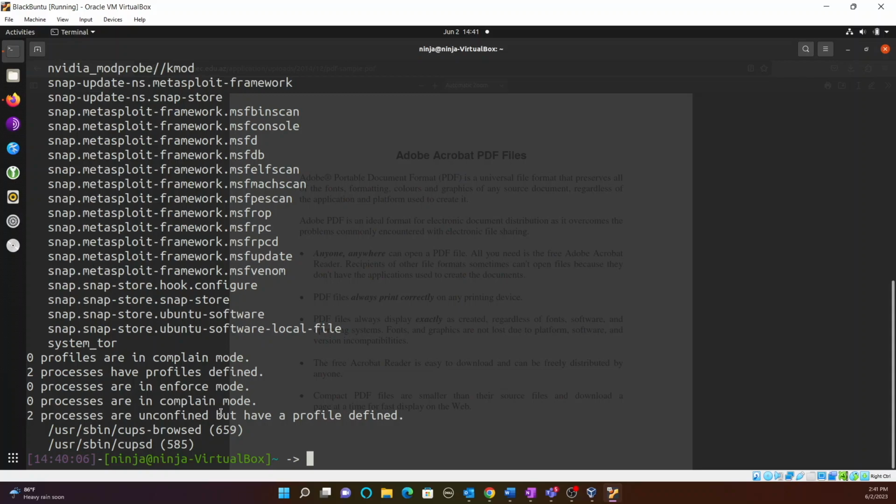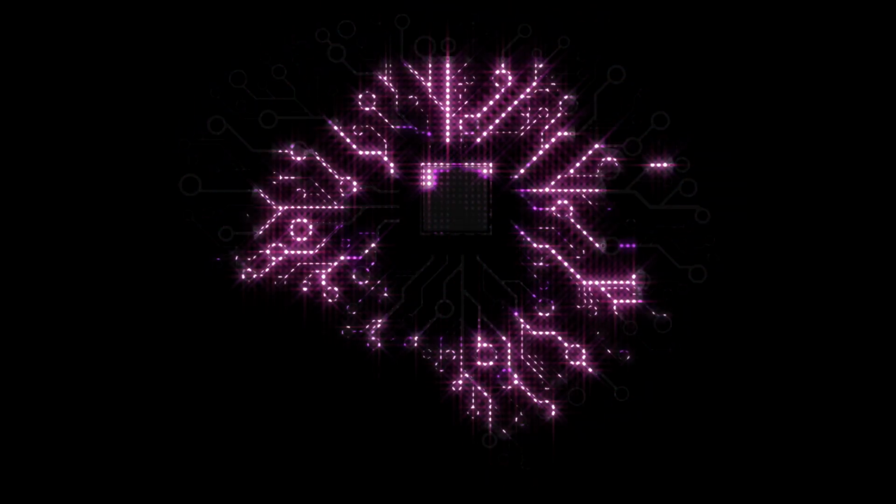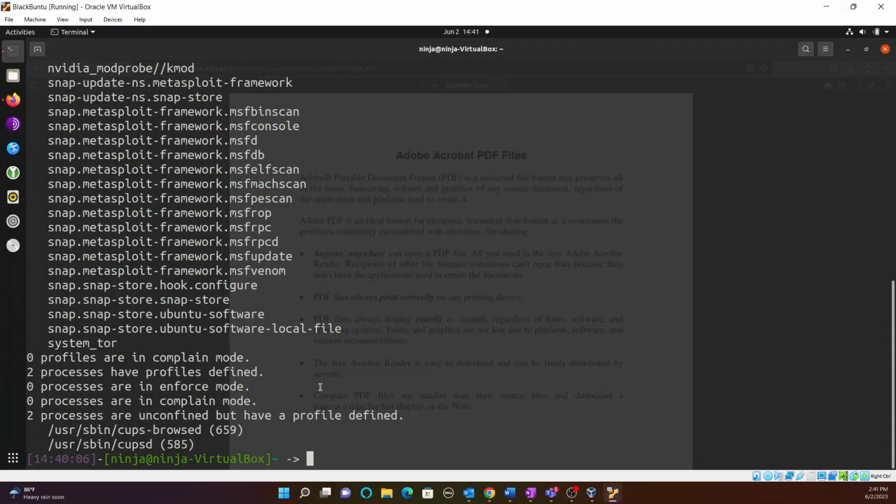There's also another mode, which is learning mode, and the way I understand it is that it's basically learning the behavior of these certain profiles that are defined, that you can define yourself. The other thing they said you should do is enforce this AppArmor policy. To do that, you're going to use the command sudo